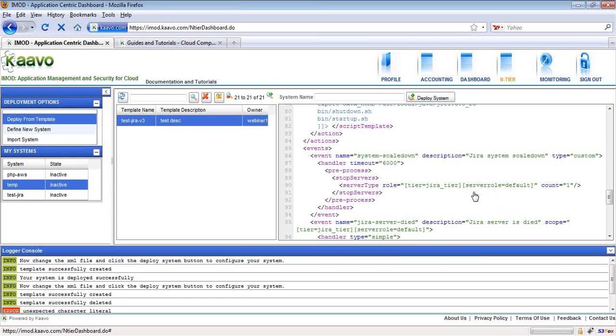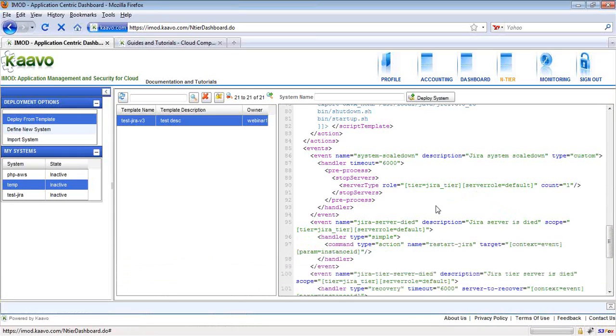What we had to do is create a system from the template, use the user interface and wizards available for systems to edit the system, and then create a template from that. This way it is very easy to edit a template.